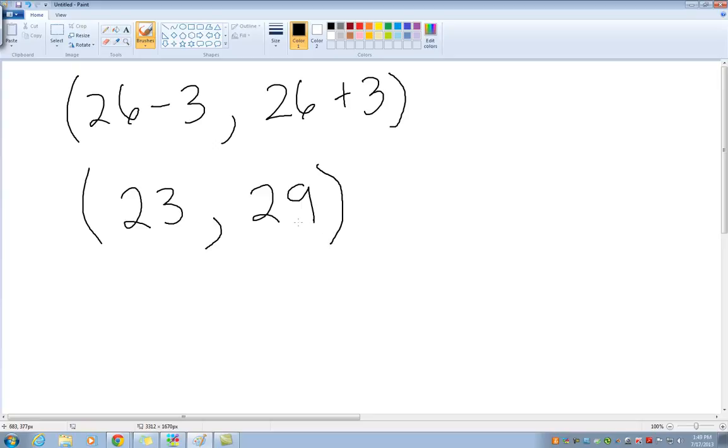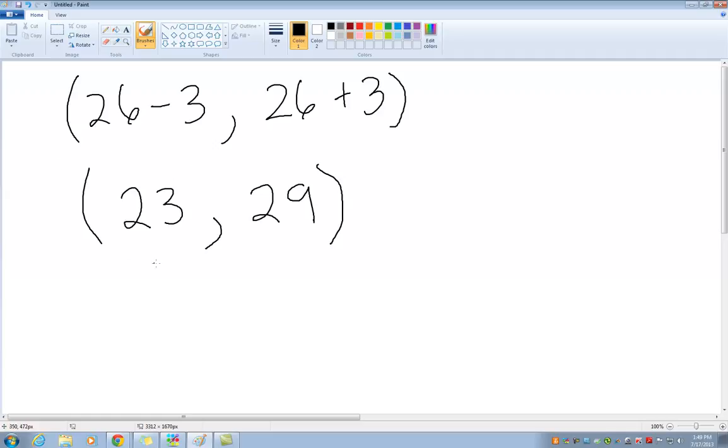Now, what we don't have is our level of confidence in this estimate. So part of what we do is we make an interval estimate. Instead of saying, hey, we think it's 26, we say, hey, we think it's between 23 and 29. So that accounts for a little of our uncertainty, but to make a complete accounting, we have to talk about how much confidence we have in this estimate. You know, what percentage of confidence that is.